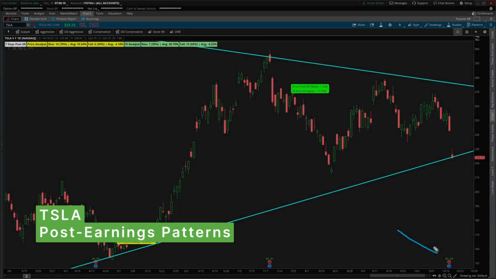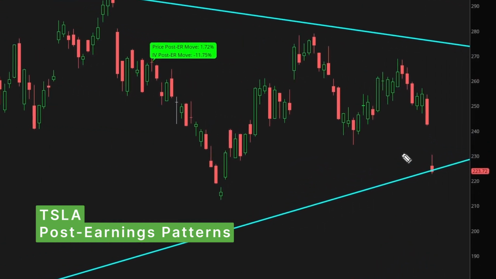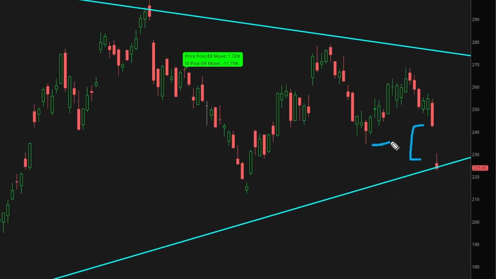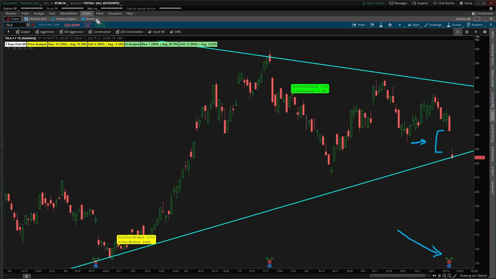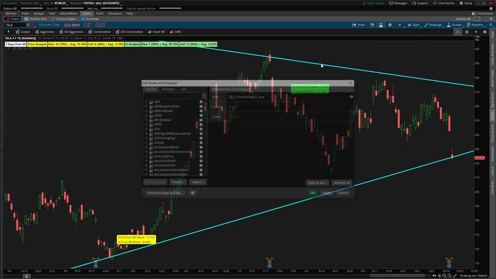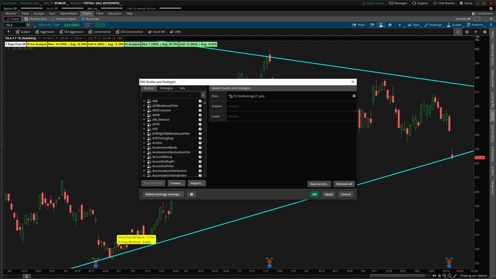Tesla reported earnings yesterday after the close, and shareholders did not like the earnings report. As of right now, Tesla is down nearly 8% for the day, and we can very clearly see this gap down. In today's video, I want to use our post-earnings analysis indicator to understand what tends to happen in Tesla